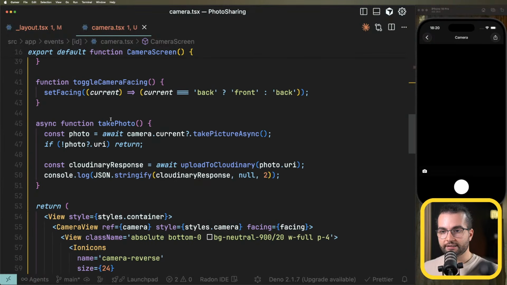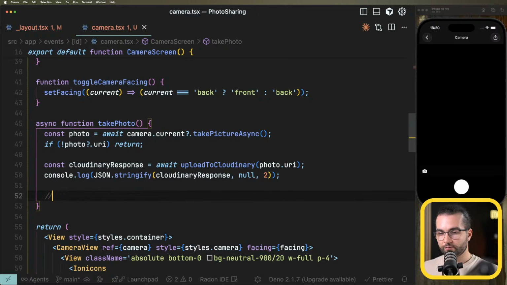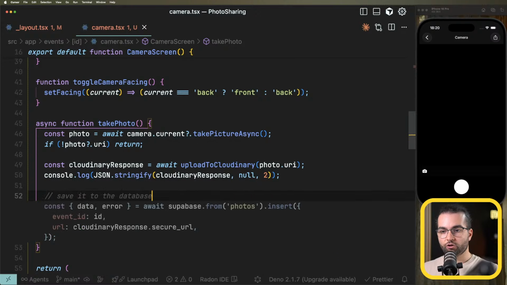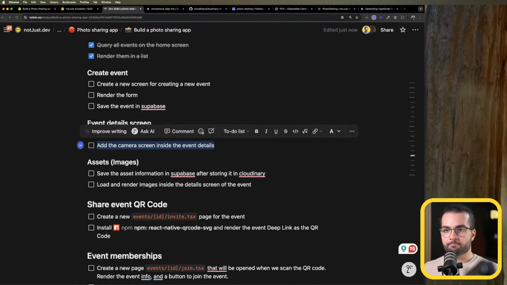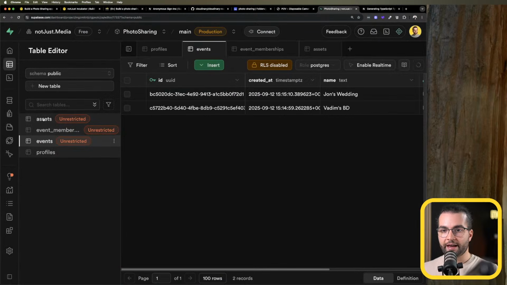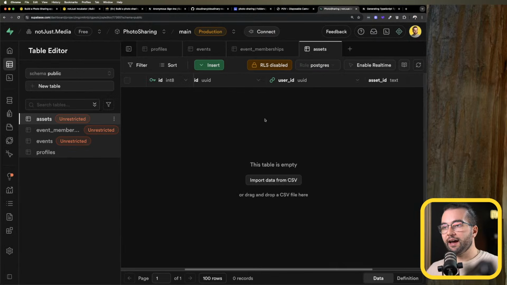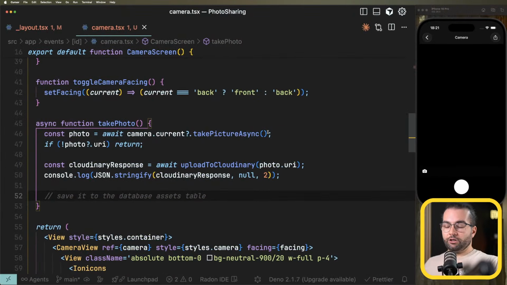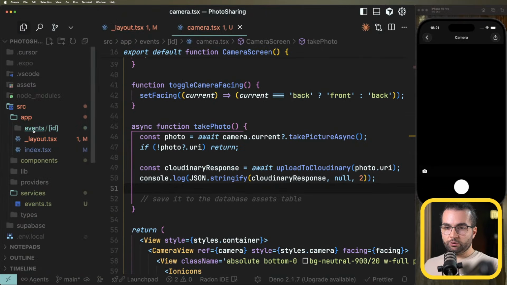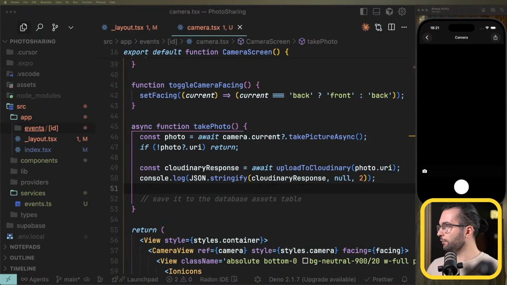And we need that because after we take a photo, we upload it to Cloudinary, we need to save it to the database assets table. In our database, we have the assets table that will contain this information about one picture for an event by a user at a specific time with specific metadata. So what we need to do is, let me remember,